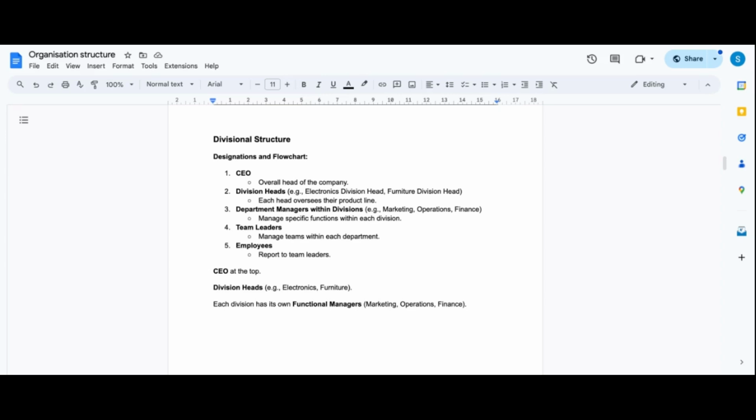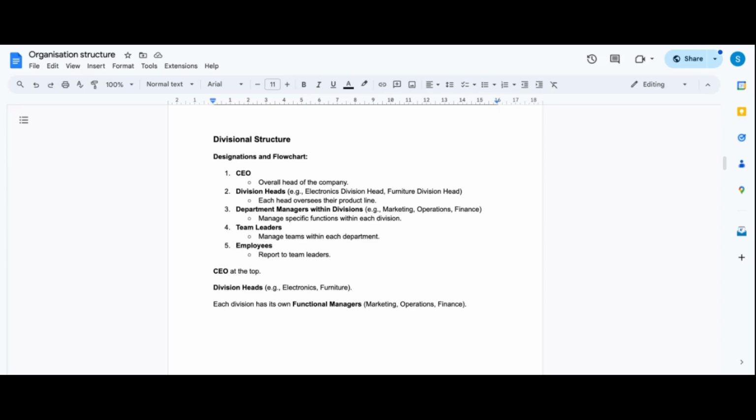The advantages are focus, flexibility, and accountability. If you make different divisions rather than linking everything to one particular department for all the divisions, that will not work. Let's say you are catering to 10 different things, could be finance, hospitality, and you have a common HR, then that will be a problem. So you just have a separate division, and for the division you again create its own